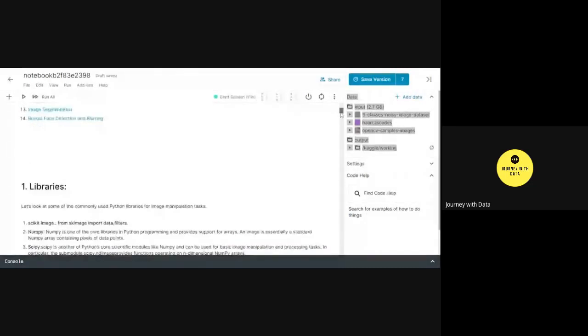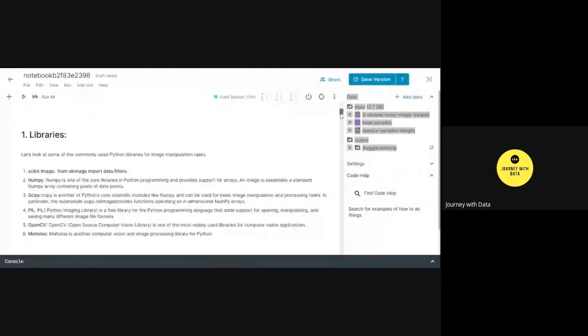Now, let me introduce you to some libraries other than OpenCV. So in Python, there are various libraries for various tasks. For example, in machine learning or in the field of data science, if I have to do certain transformations, for example, I have to clean the data, add a pivot on my data, join, merge, and certain other data manipulation tasks, there is a library known as Python Pandas, which is quite handy, and you'll find it very easy to learn.